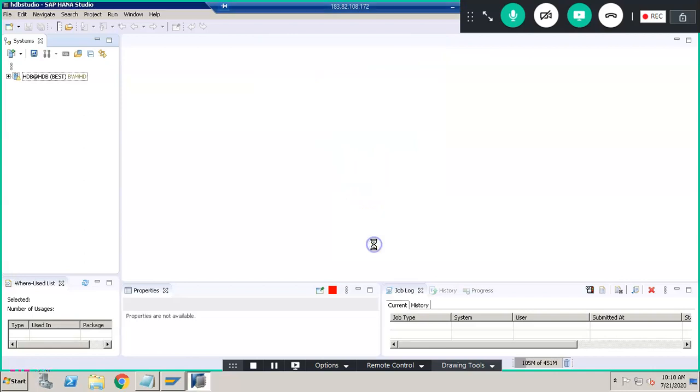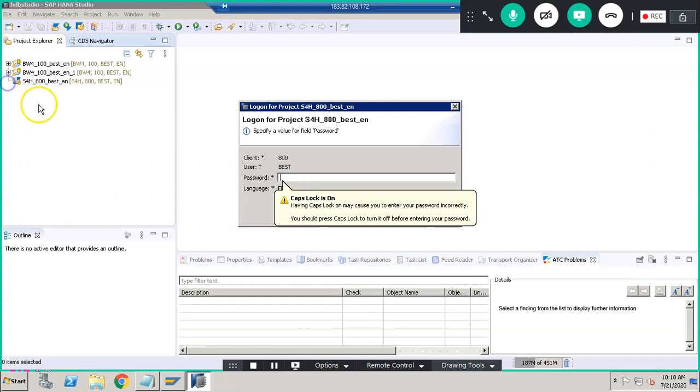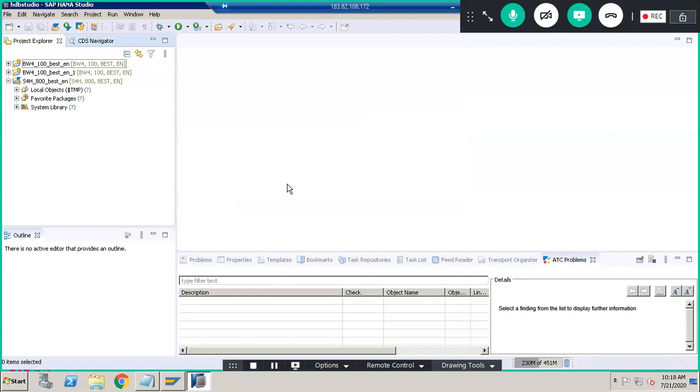When we say ABAP Perspective, it is not taking this from the HANA database which we have for native HANA. For native HANA, we have a HANA database, but where we are connecting right now is the S4 HANA system. We have already created a project a couple of classes back.